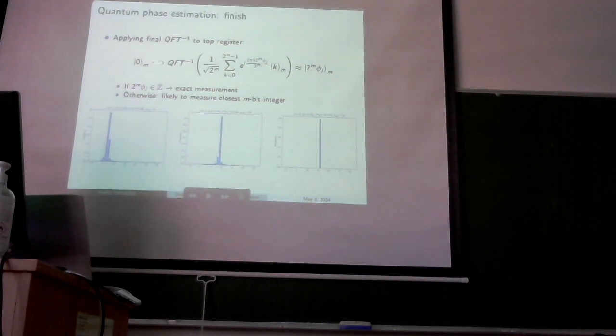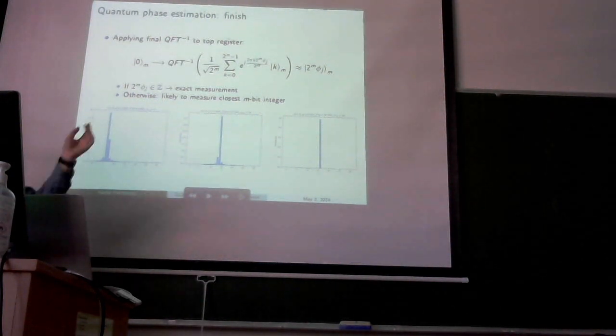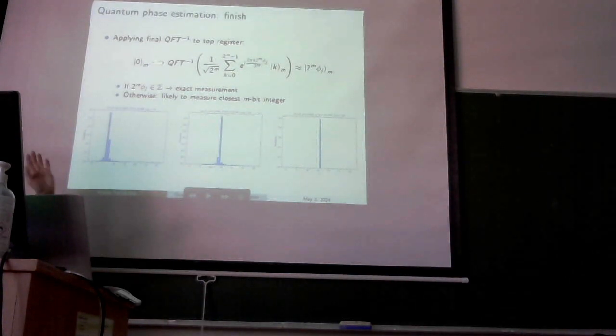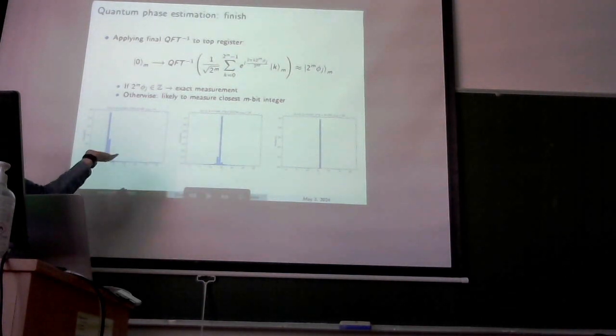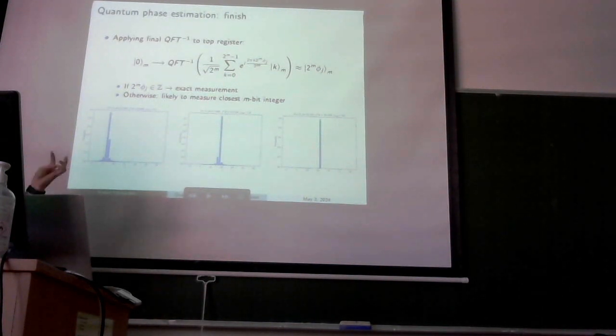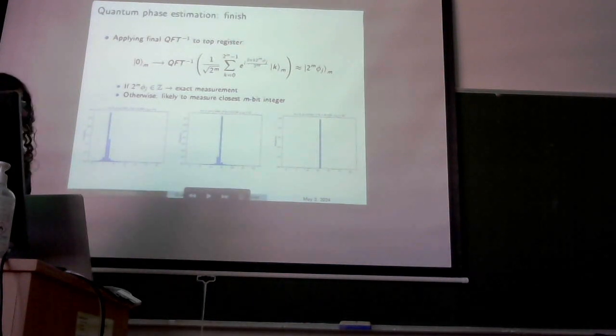It is not going to be exactly a pure state, because it would be only a pure state if that number was exactly an integer and then this was exactly like undoing a QFT, which would be this third case of these simple plots I've made to showcase how quantum phase estimation works. But in general, this is not going to be an integer, but still, even though it is not a pure state, the most likely state to measure is going to encode the closest m-bit integer to this value 2^m times the phase, which are these two cases. In other words, this allows us to confidently, with good probability, extract the phase of a given eigenstate.